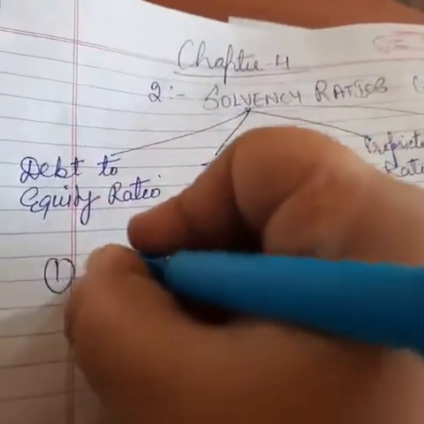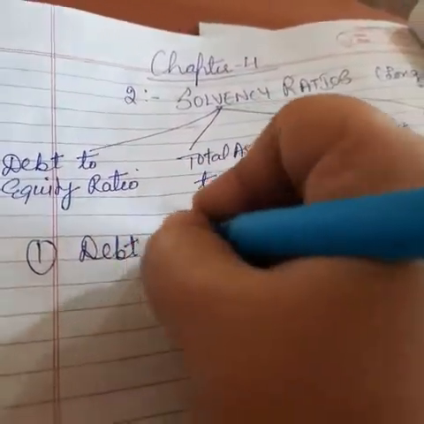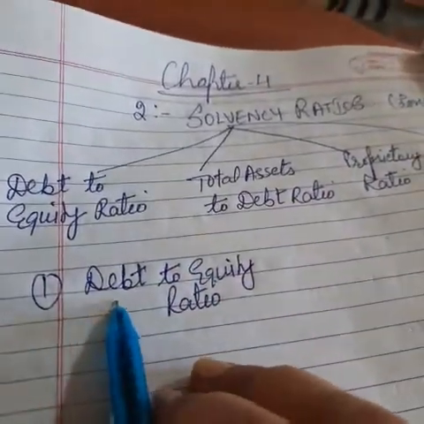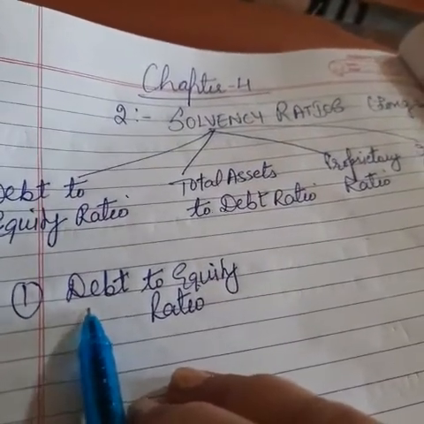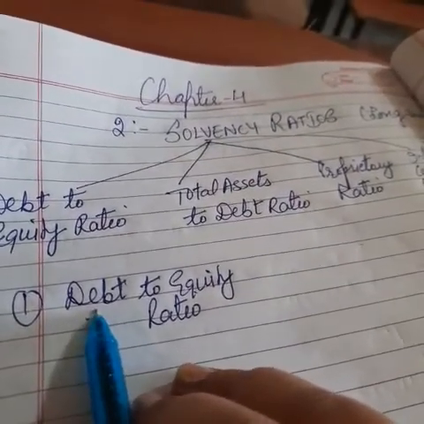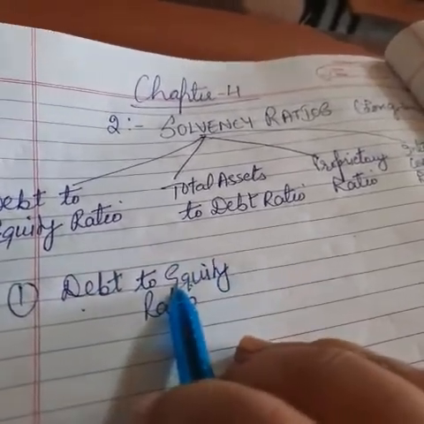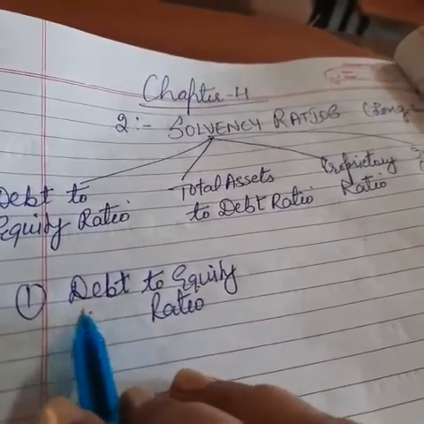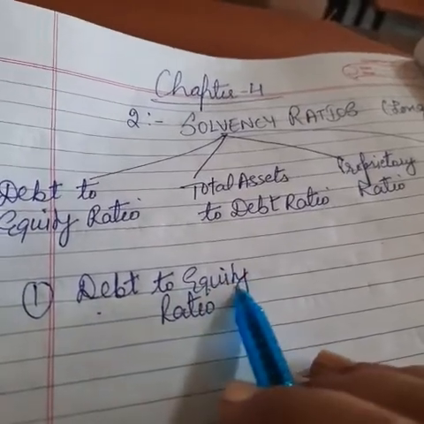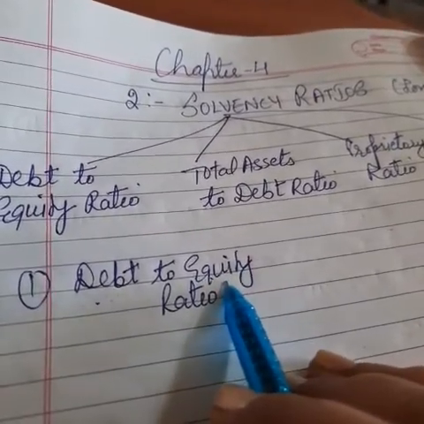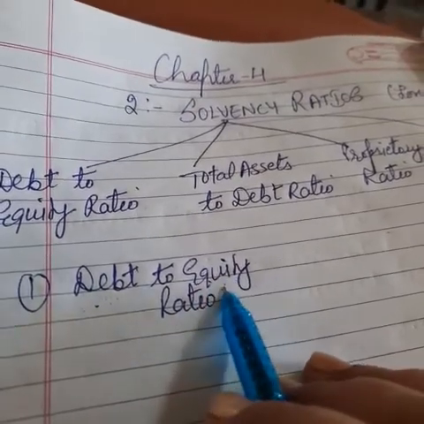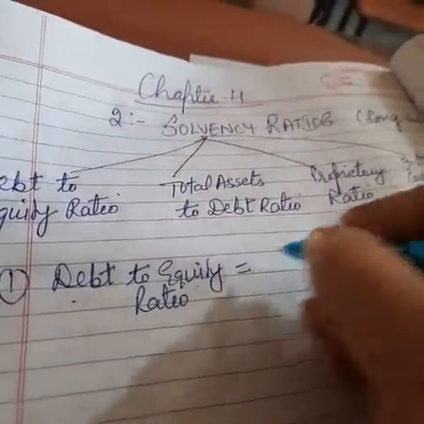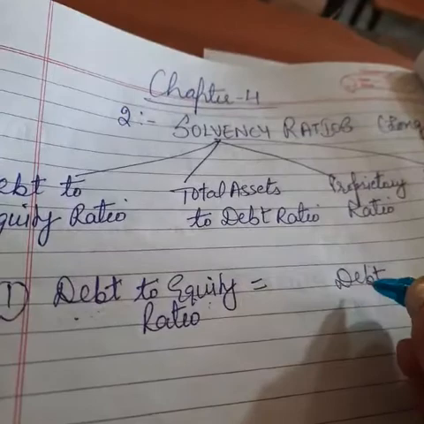So let's discuss debt to equity ratio. Debt means external equities, and equity is internal equities. Debt, we can say that when we have to pay money to the outsiders, that is external equity, means debt. And when we have to pay the money to the persons who are inside the organization, that is called internal equity. So this equity is related to shareholders. Now see how we have to compute this. So it is debt upon equity.